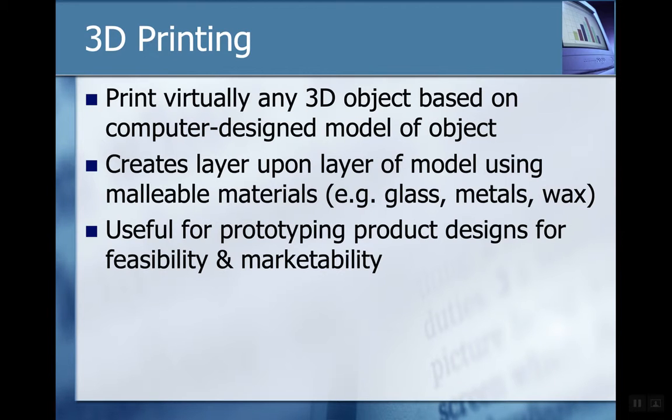So you print any 3D object based on a computer design model of the object, and you use what they call malleable materials. So it can be glass, metals, wax, plastics, synthetic. Some of what they have is prototyping product designs for feasibility and marketing. It's kind of what's being done right now. Longer term, as this scales up, the ability to actually print real things